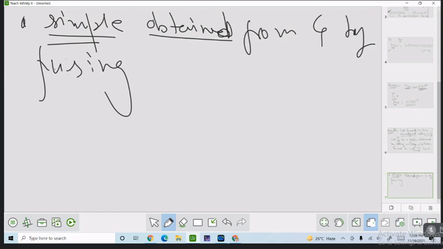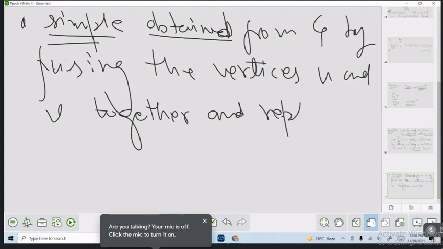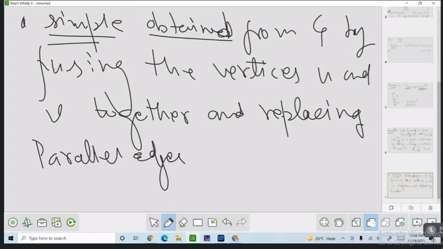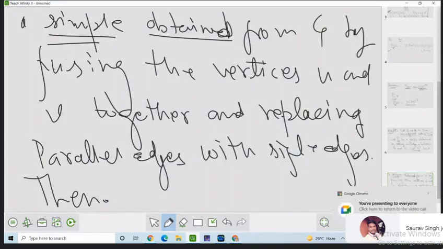Fusing the vertices U and V together and replacing parallel edges with a single edge, then